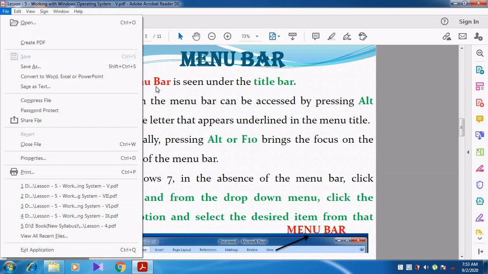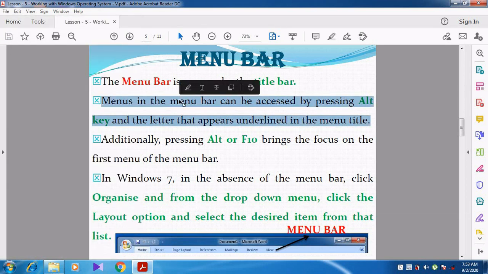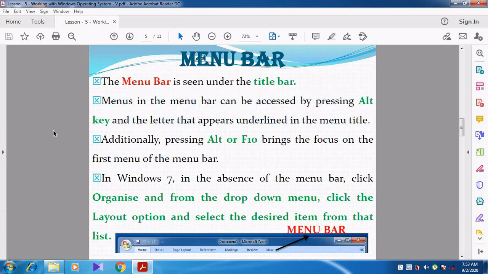Menus in the menu bar can be accessed by pressing the Alt key and the letter that appears underlined in the menu title. For example, see here in this menu bar there is no focus. When I press the Alt key, can you see what happens? F is underlined, E is underlined.